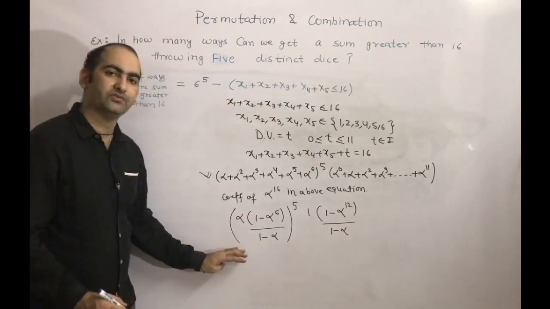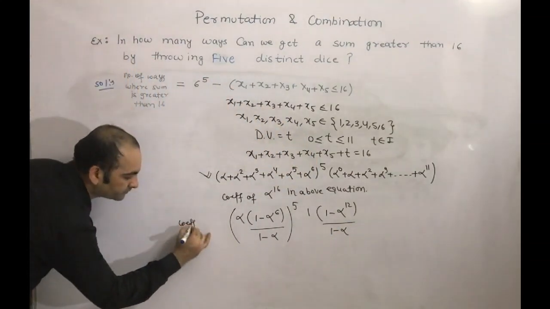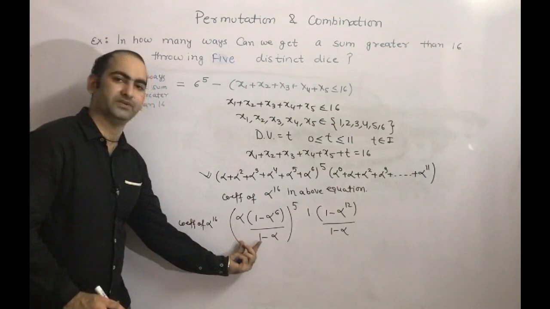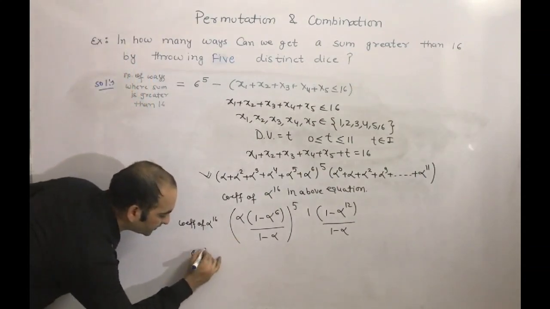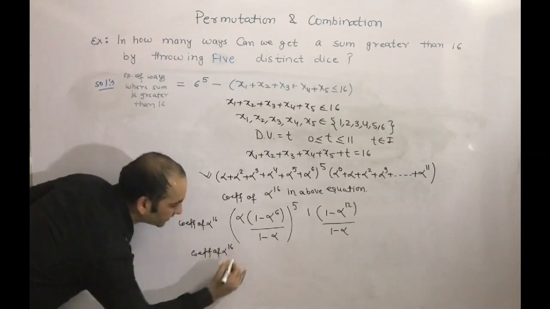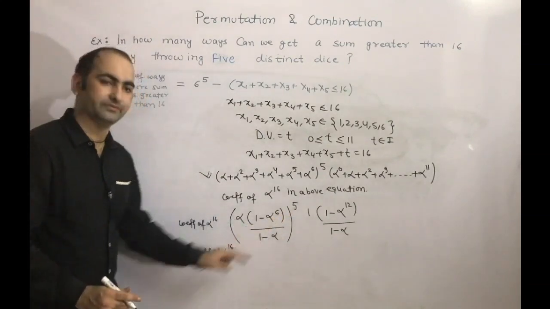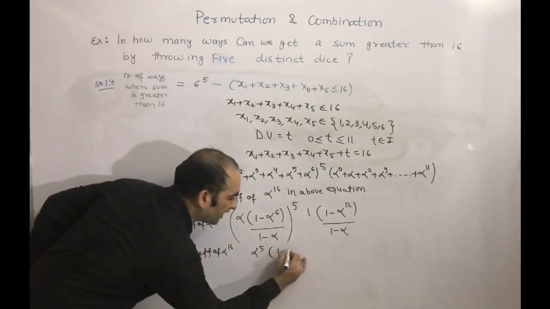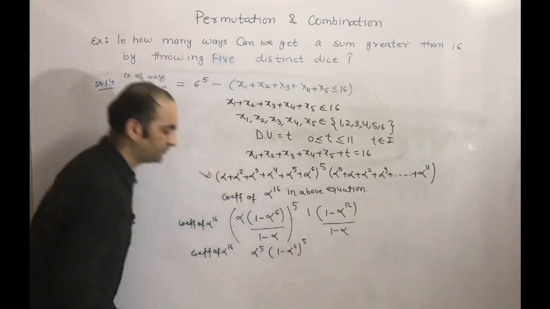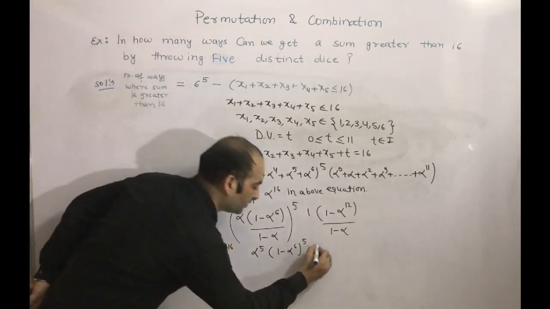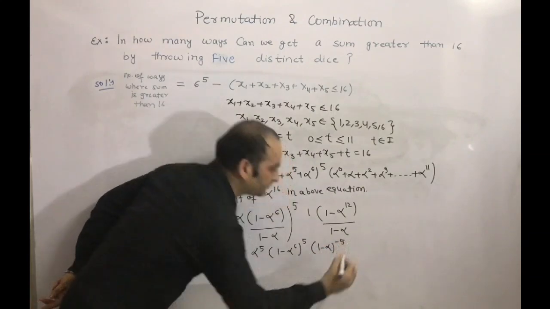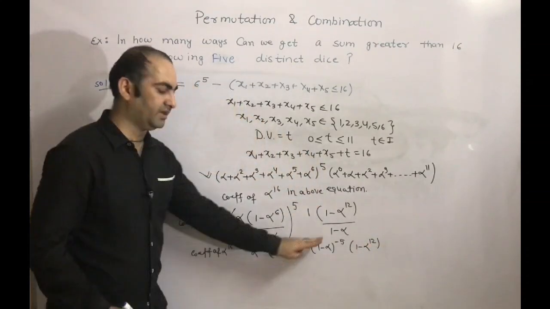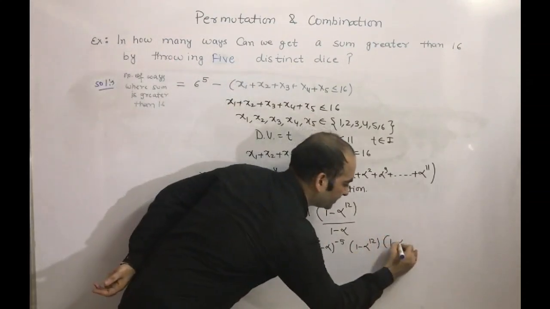Okay, so in this equation we have to find the coefficient of alpha power 16. We want the coefficient of alpha power 16. If you simplify this one, we will get alpha power 5 in bracket, which we can write as 1 minus alpha power 6 to the whole power 5, and denominator 1 minus alpha. So this we can write as 1 minus alpha power minus 5. And this one is as it is, 1 minus alpha power 12, and denominator 1 minus alpha. So what will come? 1 minus alpha power minus 1.